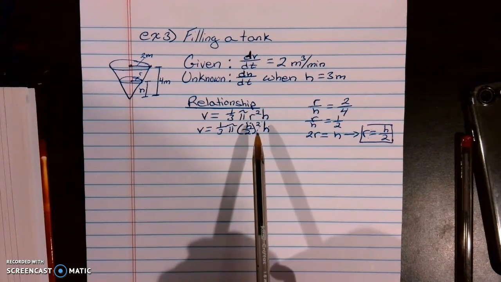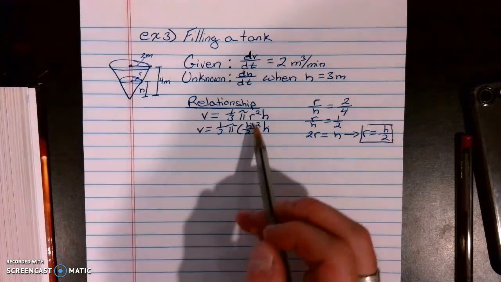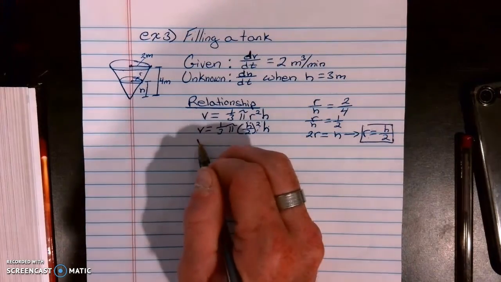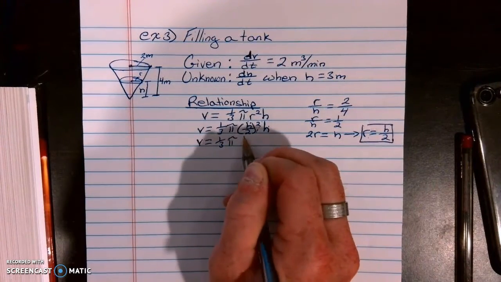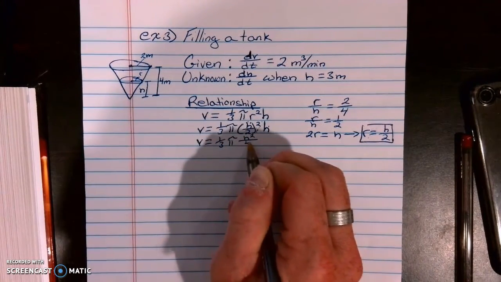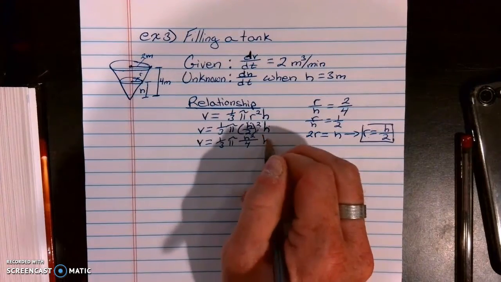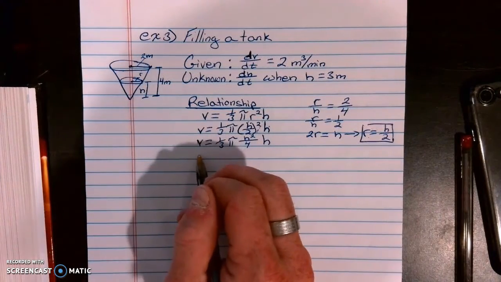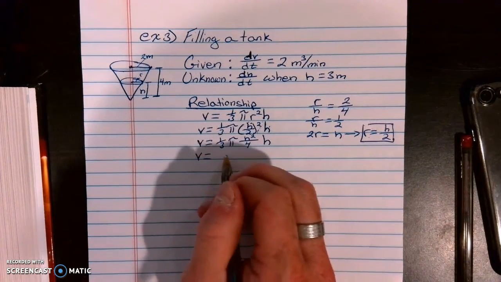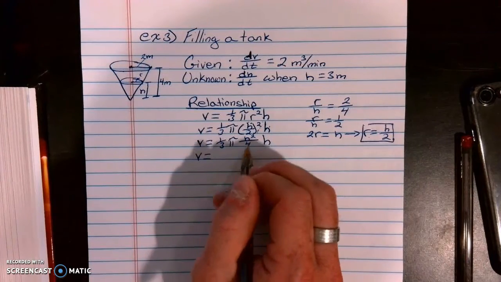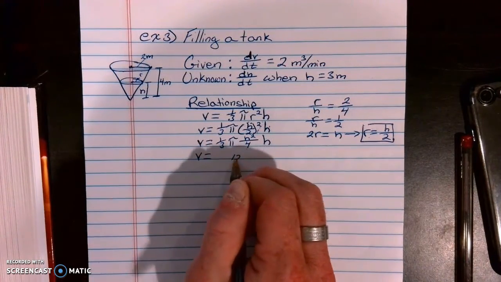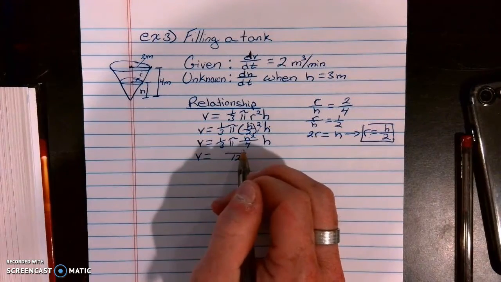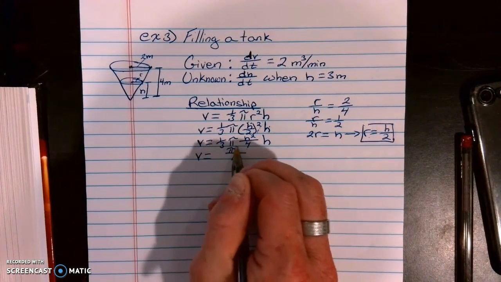So if I simplify this whole thing, I take h squared, so I'm going to have volume equals 1/3 pi h squared over 4 times h. When we simplify this, I get the volume equals, 4 times 3 is 12 in the denominator, pi h